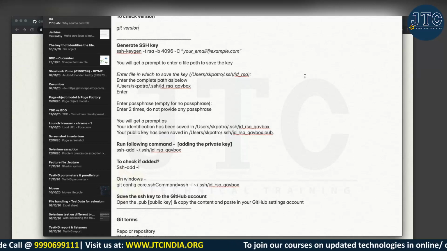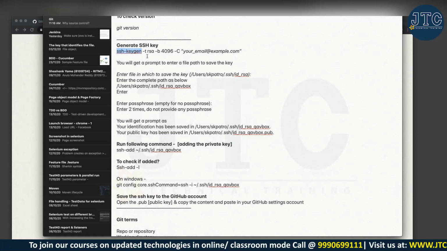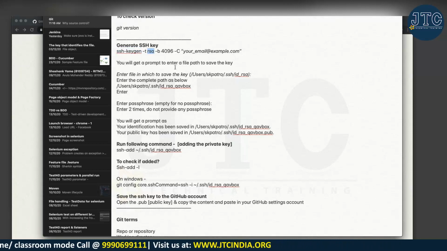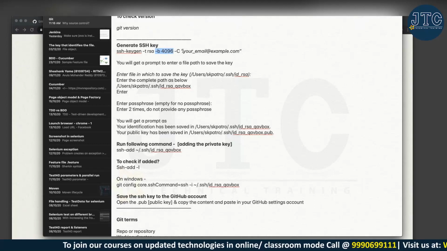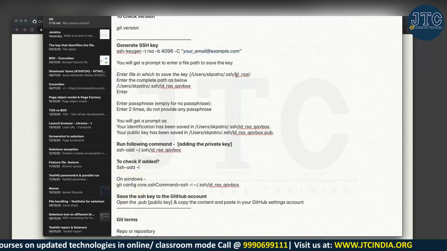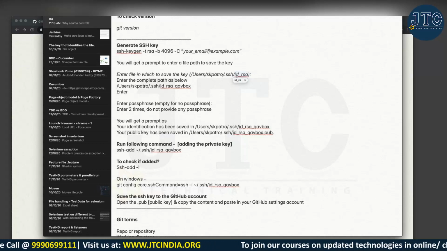Okay. So the first thing you need to do here is use this ssh-keygen -t rsa. RSA is kind of an algorithm, right? The RSA algorithm. If you would have known about C or C++, that is when we were learning about the RSA algorithm, or maybe in Java also it could be there. Now they're giving certain options on this command, and then you will have to give your email address, so that with respect to that email address, it will be secured. It will make a secure channel between your system and that GitHub account.